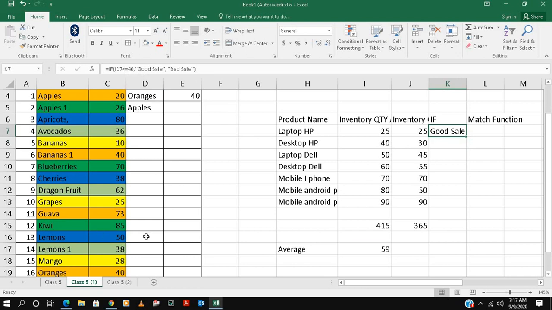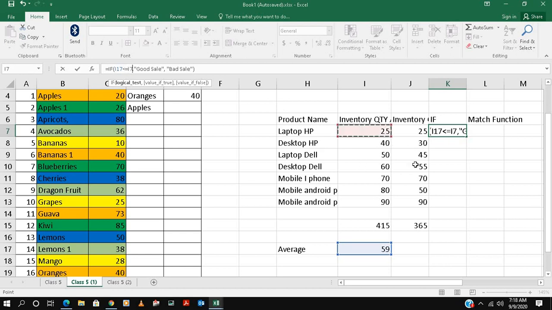I17 is this. Okay, this is correct, and this we have to change. This will be greater than or equal to. It's showing bad sale. First is showing bad sale because it's only 25. Let's see what the second is showing.